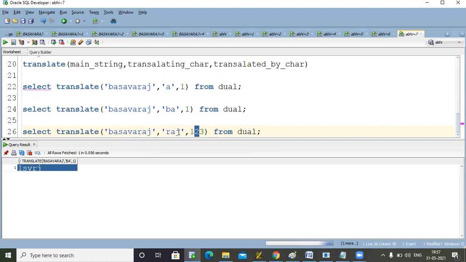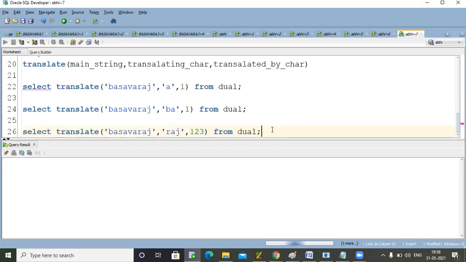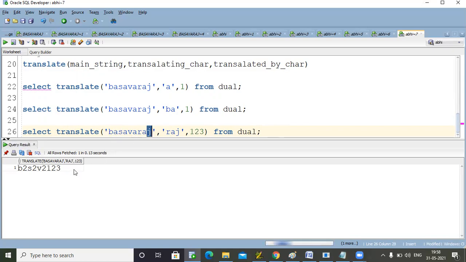Wherever J is there, that is replaced by 3. See, wherever B is there, it will be replaced by 1, wherever A is there, that is replaced by 2, and wherever J is there in the main string, that is replaced by 3.